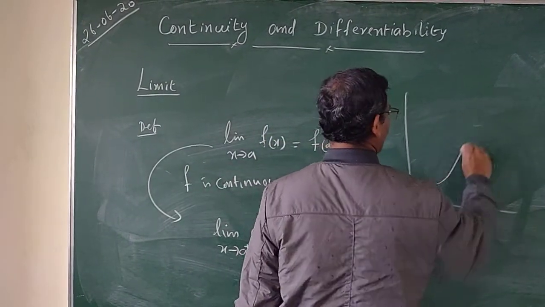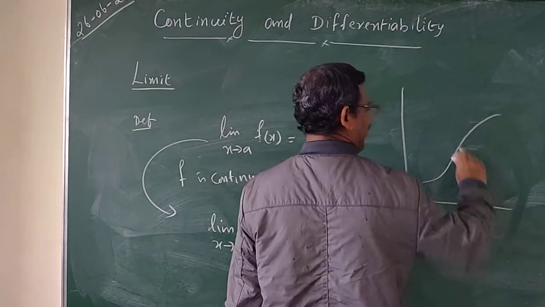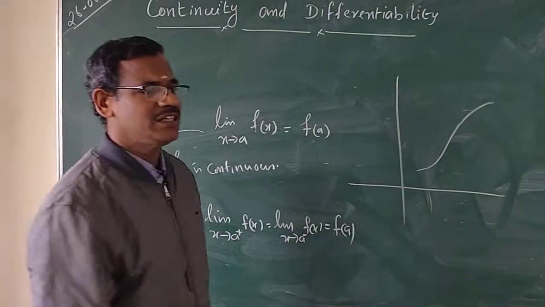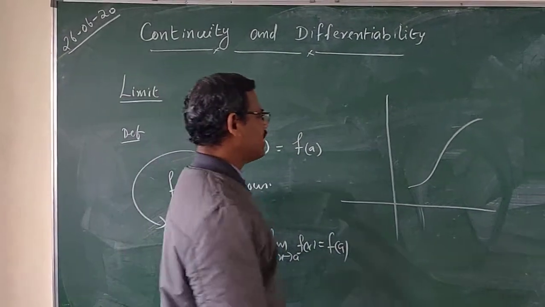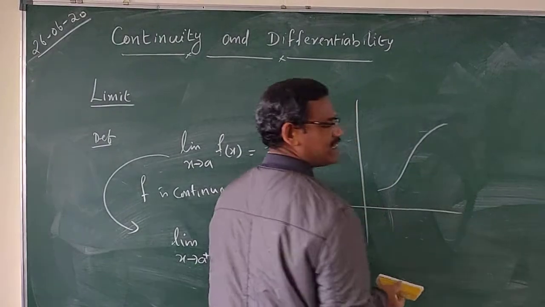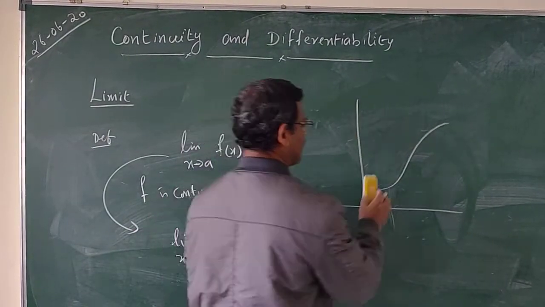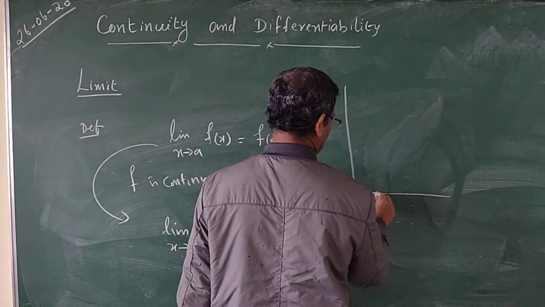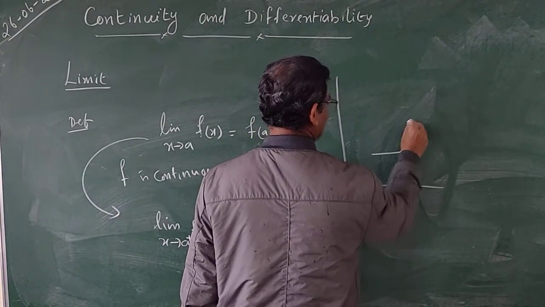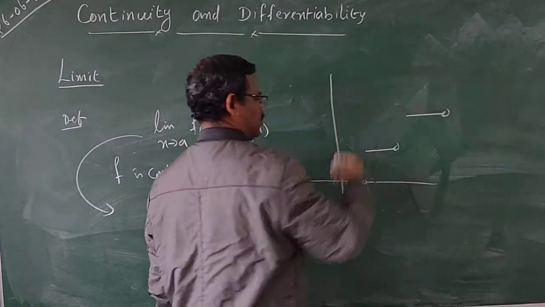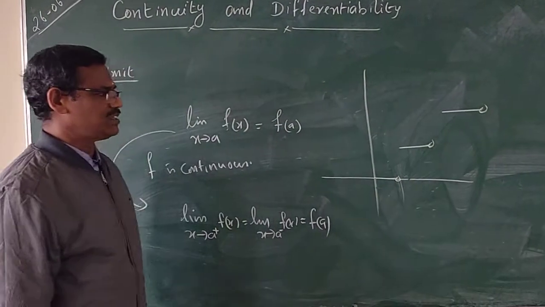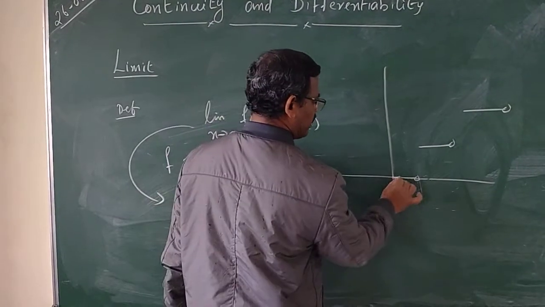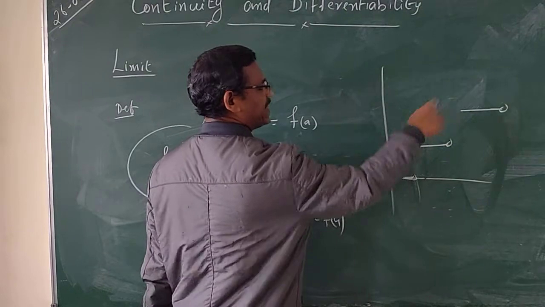When you draw the graph of a function without any break in the graph, we say that it is continuous. If somewhere the break is there, then we say that it is not continuous. So, for example, you know, this you are also learning in class 7: it is called the greatest integer function or step function. It is a graph of that one, and you can see that there is no continuity in this one.